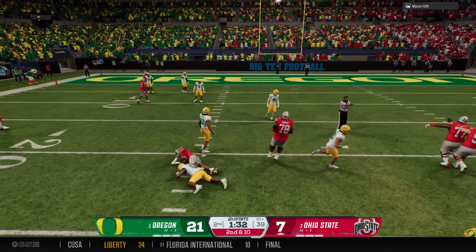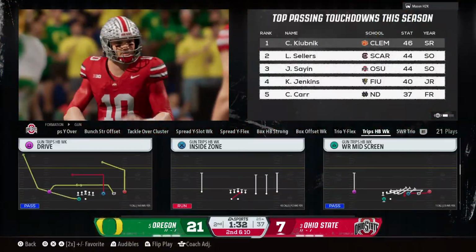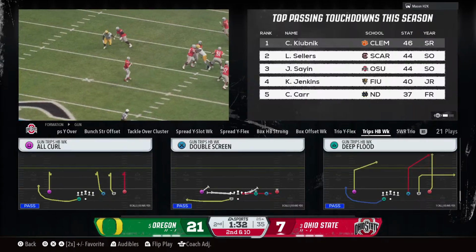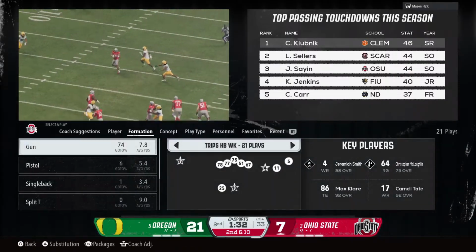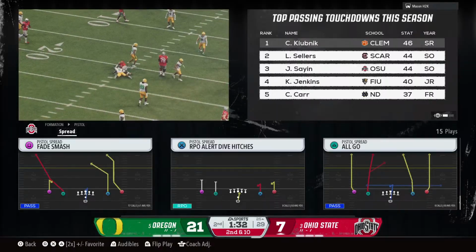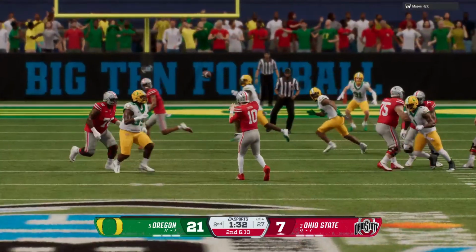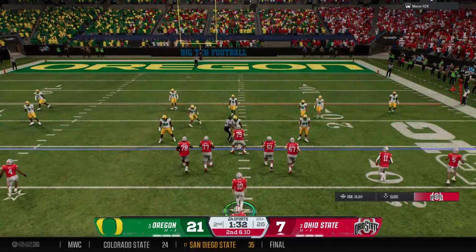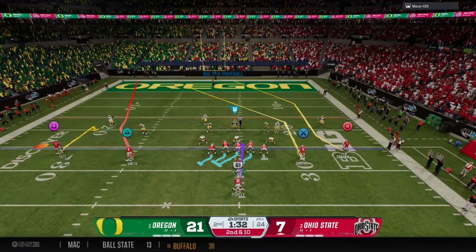And it's incomplete. The defender arrived at the same time as the football. And now it's second down. Man, Chris, I don't know if that was a bad read by the quarterback or a bad route by the receiver. They got to get this cleaned up before the next time they go through the air. Offense lines up for a second down play off the incompletion.